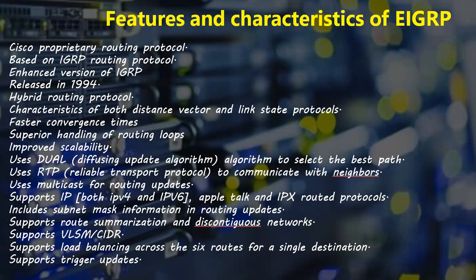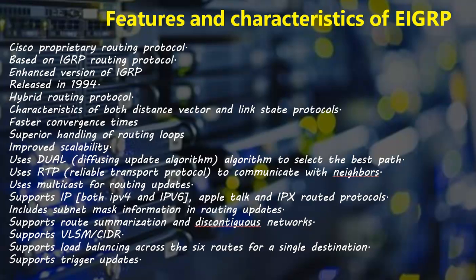If you see some of the important characteristics here: faster convergence time. That means EIGRP is going to have very fast convergence. It can quickly learn the networks available in a topology diagram. Superior handling of routing loops. So you might have studied about these routing loops. That means two routers continuously forwarding the packets between themselves. Routing loops can be very effectively handled by using EIGRP, and it has